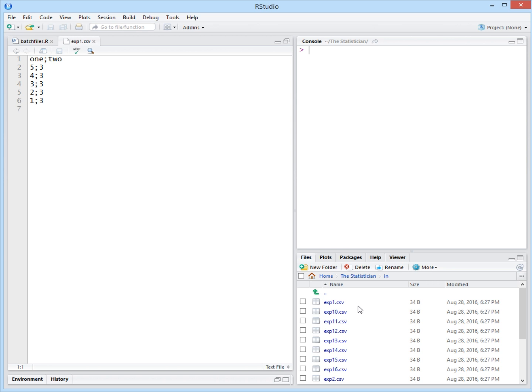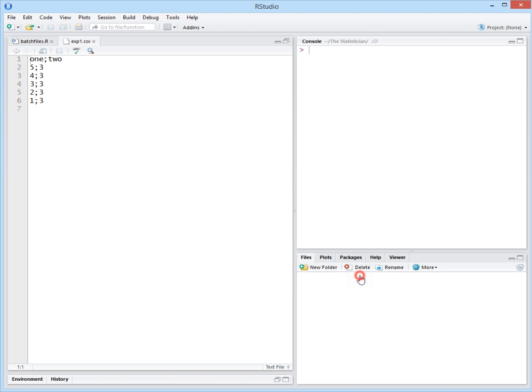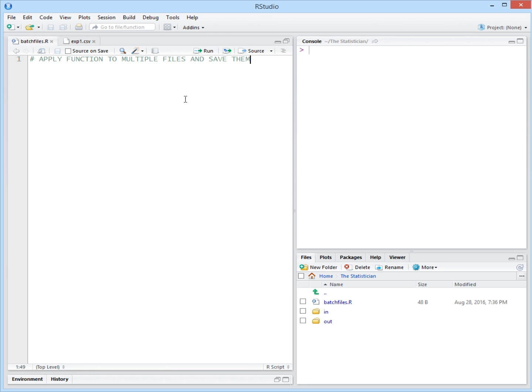Well, in R you can do it automatically if you have a function for it. So let's start building our function. Let's call it batch files, and as you know